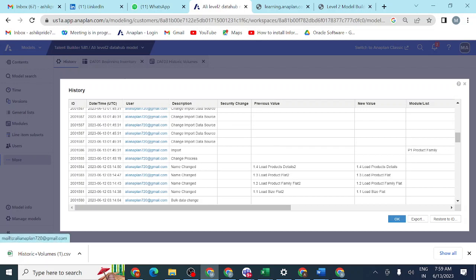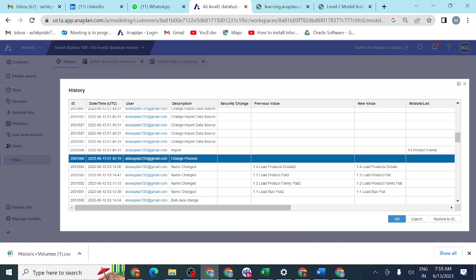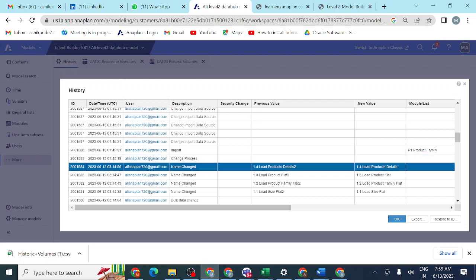You can see I have started here, changed the process, each and everything. I don't want anything here. Simply, yesterday where I was, exactly that status I want. If I restore this ID, whatever changes I did, each and everything will be gone, and I will get yesterday's portion. Okay? If I want to do that, I can do it.